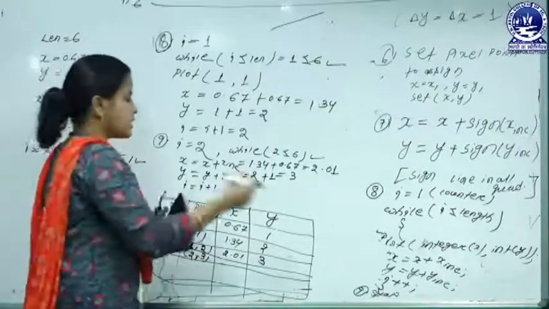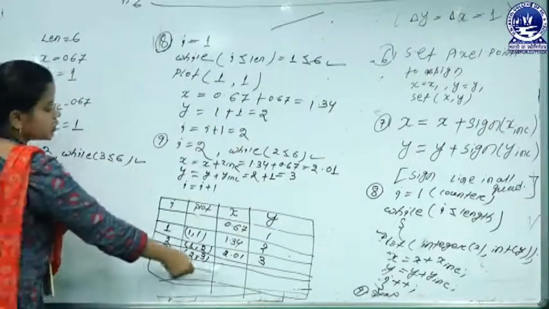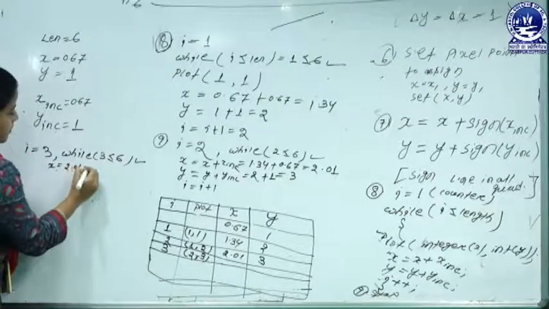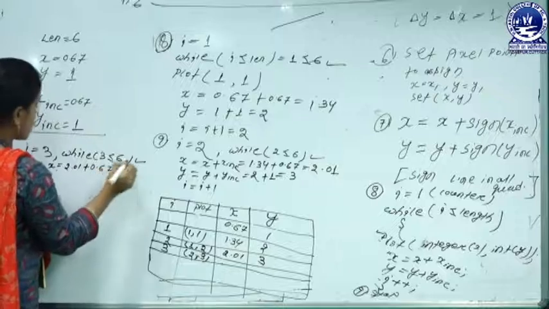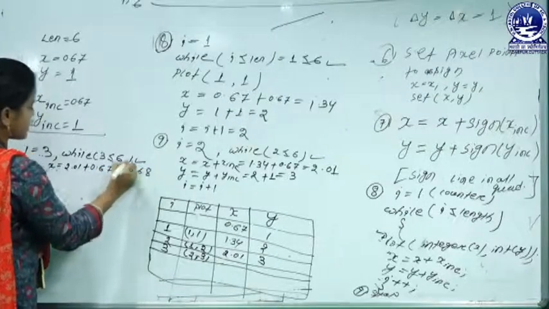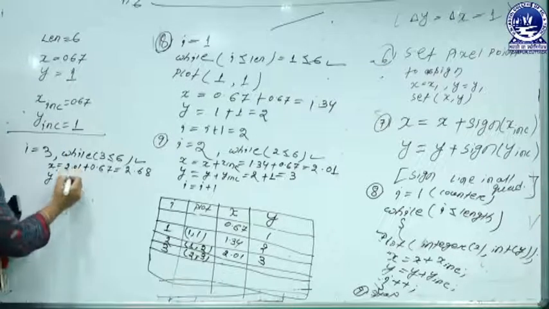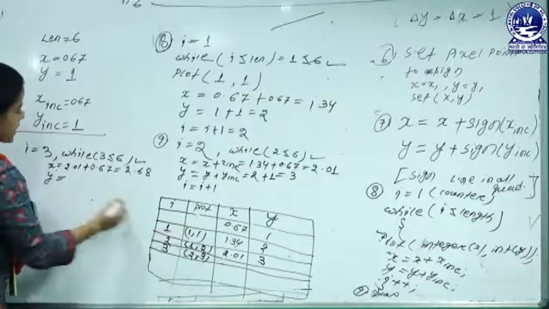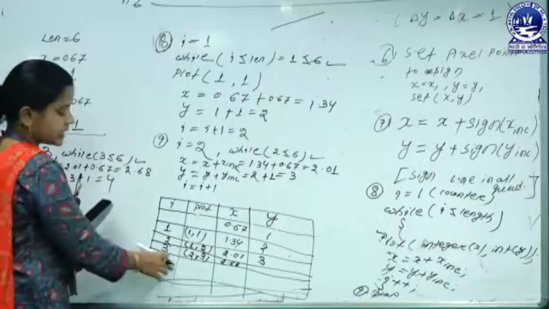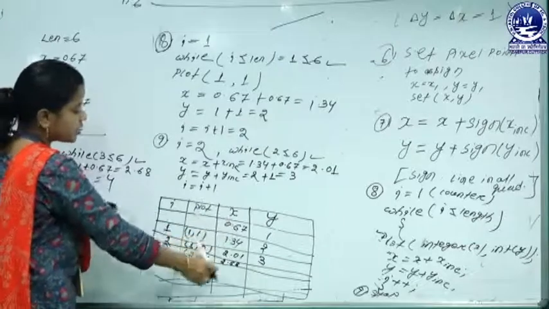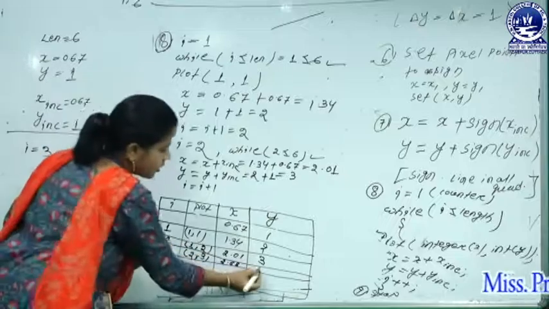So now to calculate the next statements, x equals x plus x increment. X equals previous x, which contains 2.01, plus x incremental, that's 0.67. So that value is 2.68. Okay, then go to finding the next y coordinate value, that's y plus, that means the previous y contains 3 plus the incremental value, that's 1, that's 4. So here the newest coordinate values are x equals 2.68 and the y coordinate value is 4.